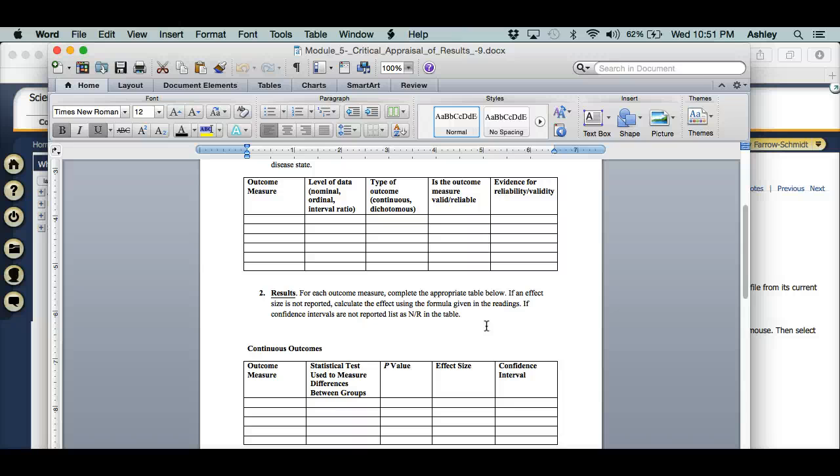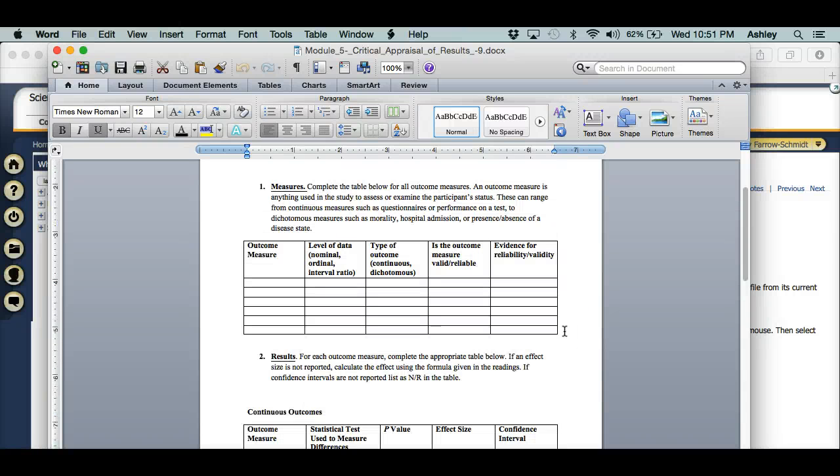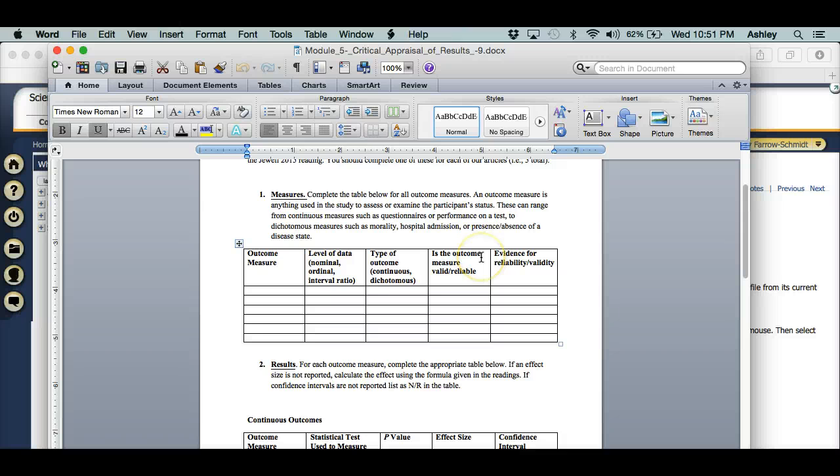Now, this worksheet is a little different. At the very top, we're going to talk about measures, and within your readings, you'll discuss measures. You'll learn about measures, but as you know, measures are the things that they're using to determine an outcome or assessing during the research. So you may have a few, you may have one, but I'm pretty sure most of the time you will have more than one. You'll have, depending on your primary objective and secondary if there is one, you're going to list out all of your outcome measures that are being looked at